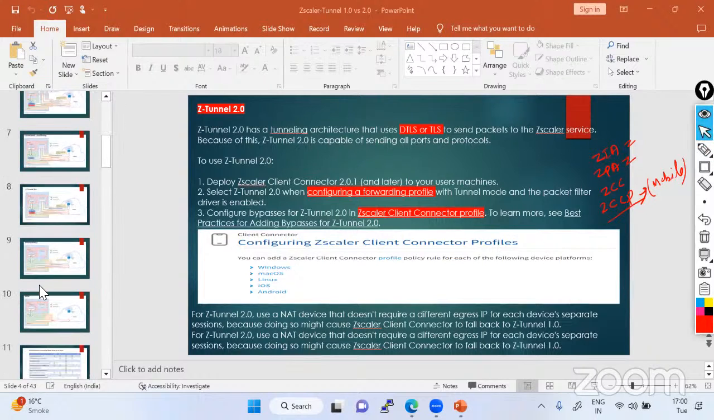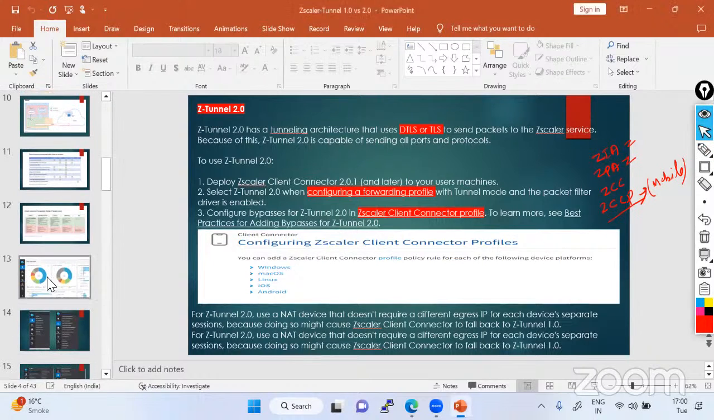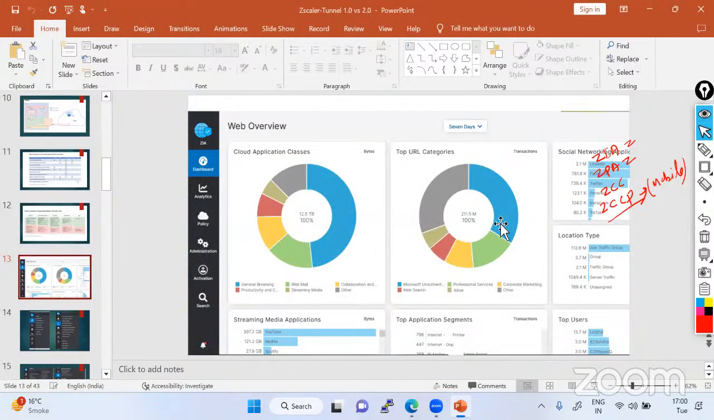Once you log into Zscaler, you will find this kind of dashboard available. You can see in this dashboard you have a lot of things to explore, like how your applications are doing, how your URLs are doing, which application you are accessing, what location you are using, top users, application segment, streaming media. These tabs you will find on the left-hand side, like dashboard, ZIA, analytics, policy, administration, and any policy you are creating, any changes you are making, you have to activate from this